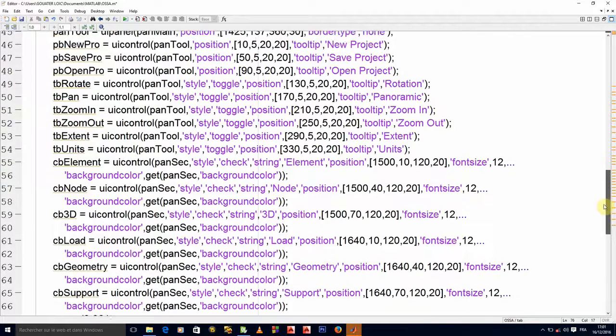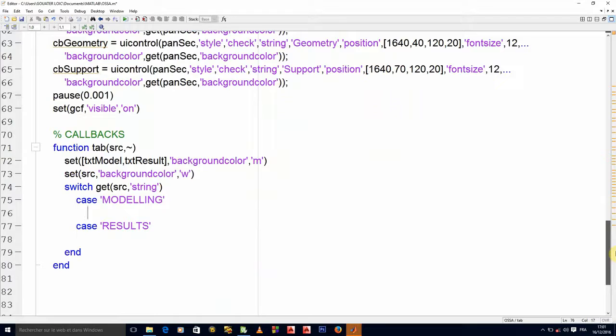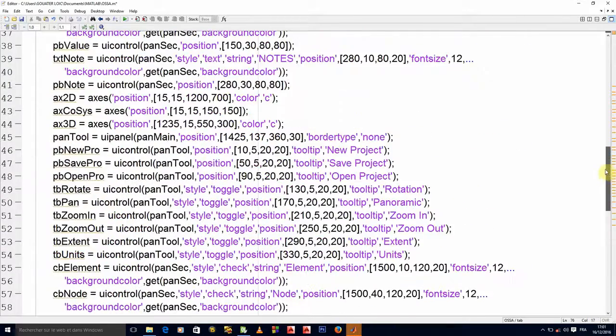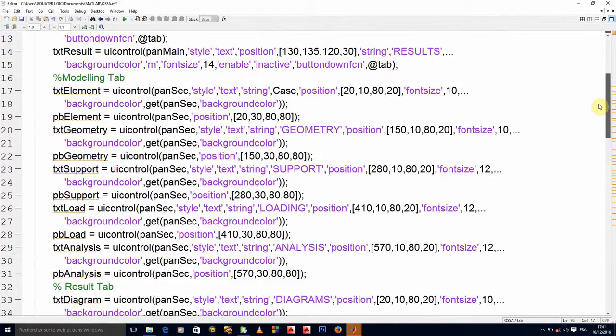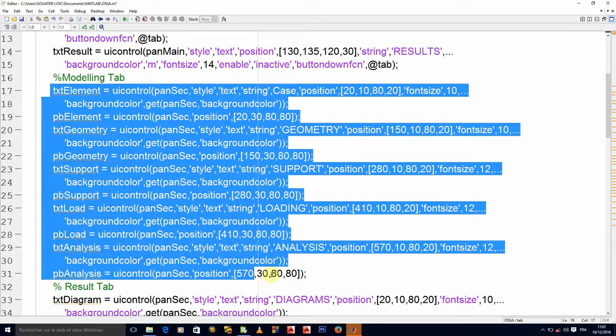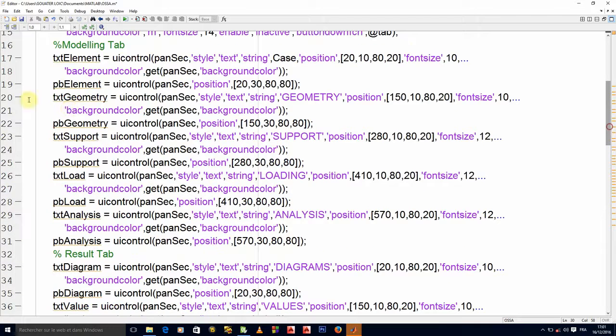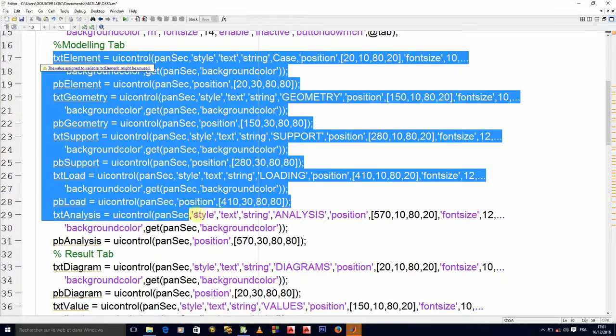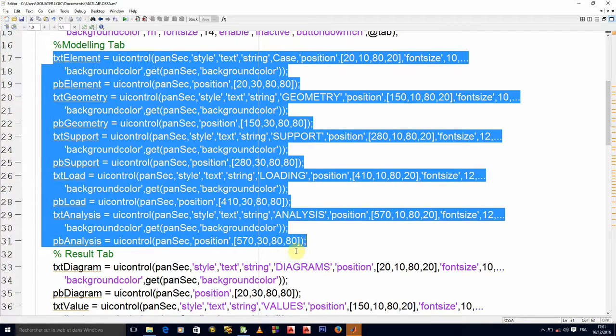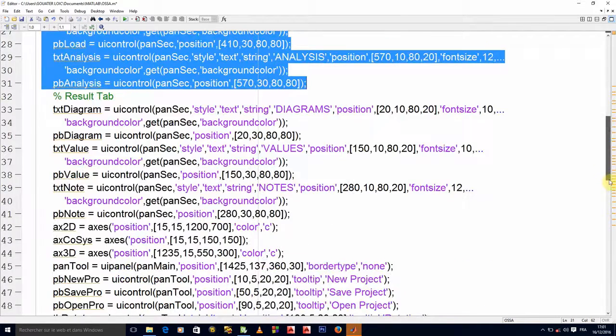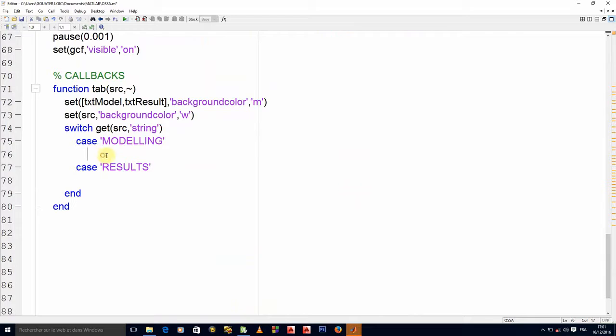If I have clicked on modeling, it means all the push buttons that are under modeling, and the text, obviously, all of these will have to go visible off, right? And for visibility, so that I should not have to come up here again, let me just copy all of this. We will cancel it back. I am under modeling.